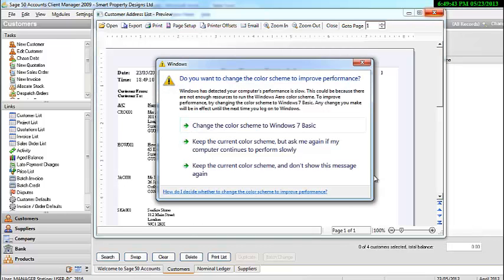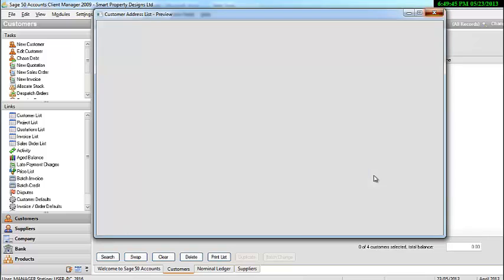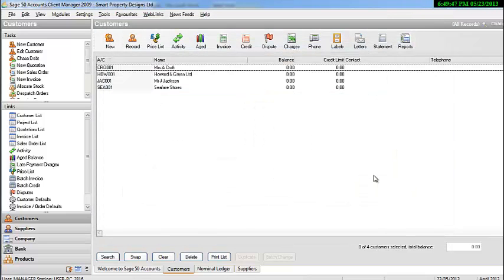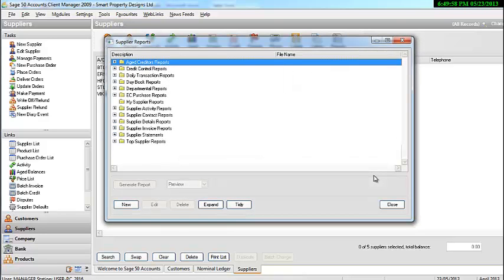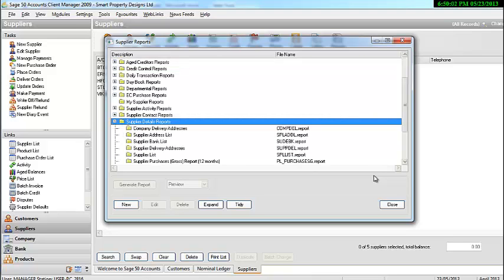So I'm just going to close that down, and in the same way we're now going to run an address list for our suppliers. So again, if you go into suppliers, select reports, and look for the supplier details reports. If we click down and then select supplier address list,